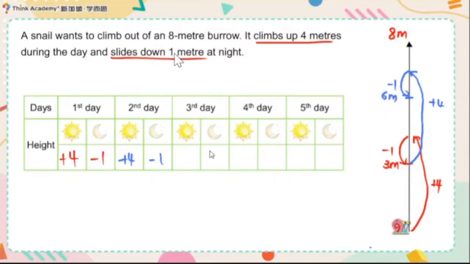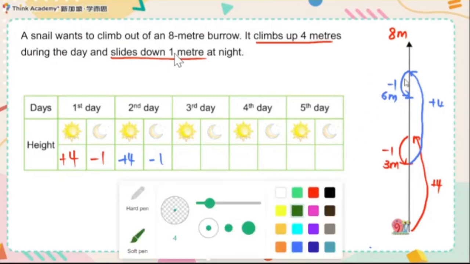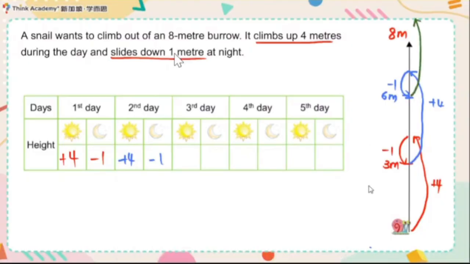Okay. Now, on the third day, the snail tries to come out of the burrow. My question is, do you think the snail needs to climb up 4 meters? Does the snail need to climb up 4 meters to escape? I don't, right? I actually just need to climb part of the 4 meters. It's actually 8 minus 6 equals to 2 meters left. As soon as I have climbed the 2 meters, I can escape the well or